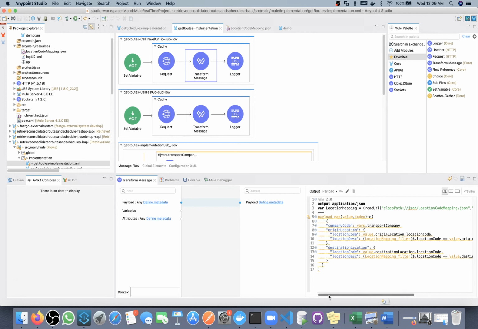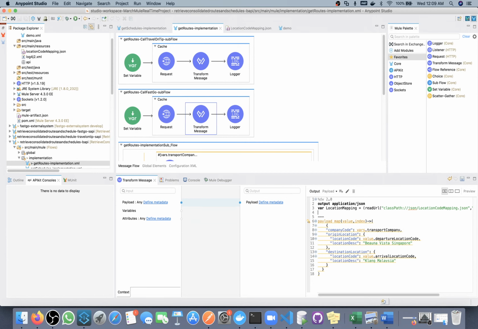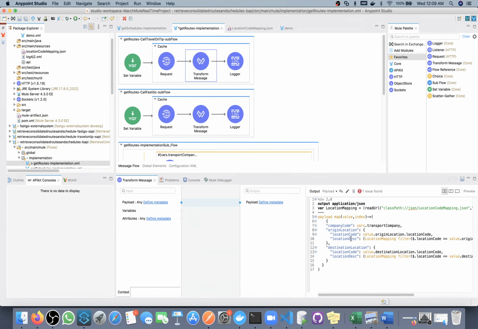We'll do it now at a time only, we'll not do it again and again. And then we need this one.